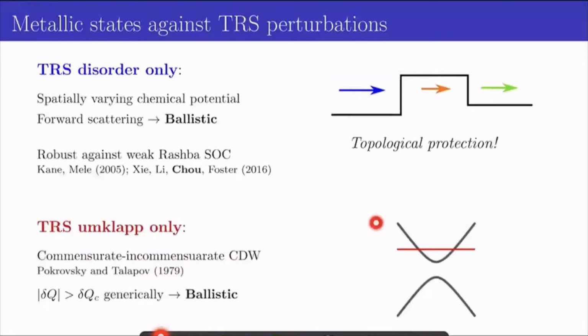The commensurate-incommensurate problem can also be understood by this simple picture. We first assume that the Dirac point opens up a gap because of the Umklapp term, and then we remind ourselves that the 4k Fermi, or the k Fermi, is determined by the chemical potential, and the commensuration condition is nothing but the chemical potential being inside the interacting gap. Generically, the chemical potential can be tuned outside. They remain ballistic.